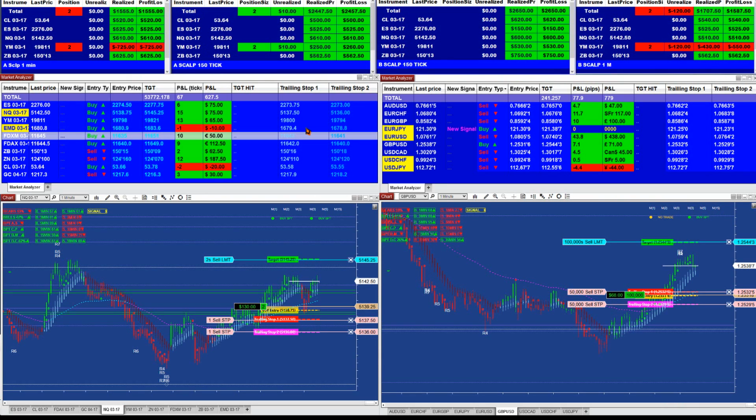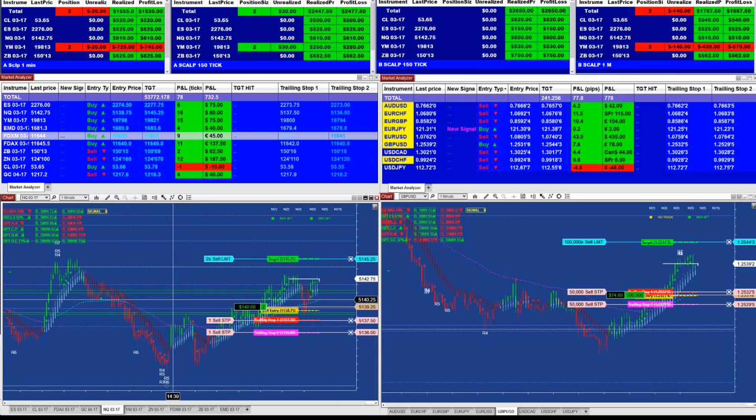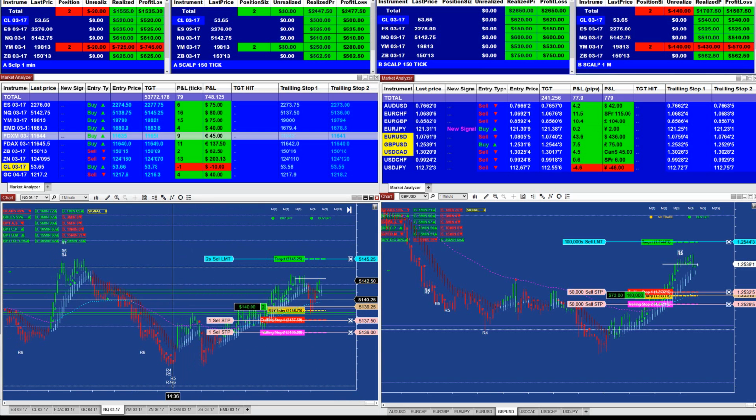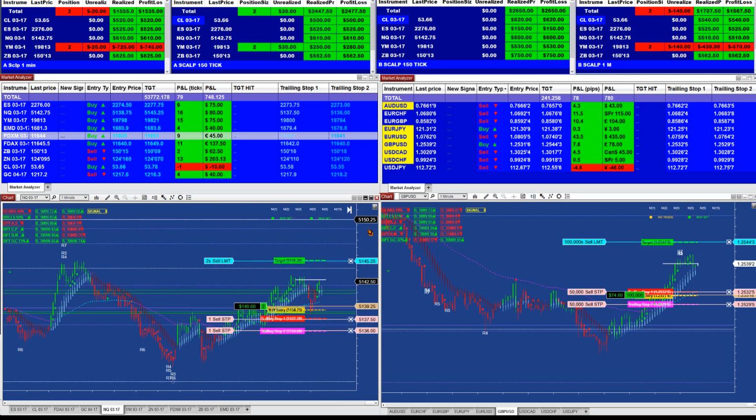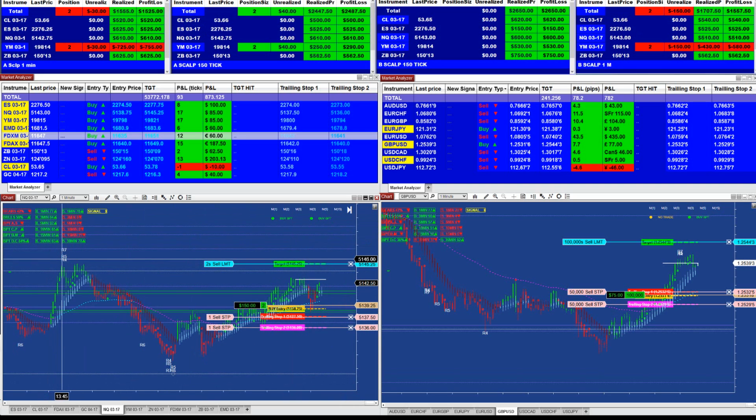On the swing auto trade, you see on the market analyzer on the left middle of the screen here, we just have an entry on the ES. We are up 6 ticks. On the NASDAQ, we are in the trade, and today the NASDAQ was playing beautifully, like the YM. You can see here the R5, R7, those are non-repainting indicators